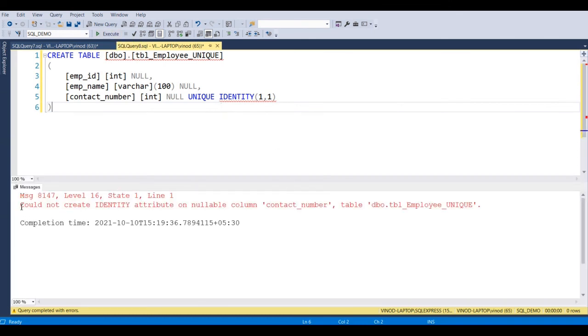It will give a message: could not create identity attribute on nullable column contact number and table TBL employee unique. So because it was a unique key column, we made it as nullable because one null is allowed. Now on such columns, identity doesn't work, right? So this is another difference.